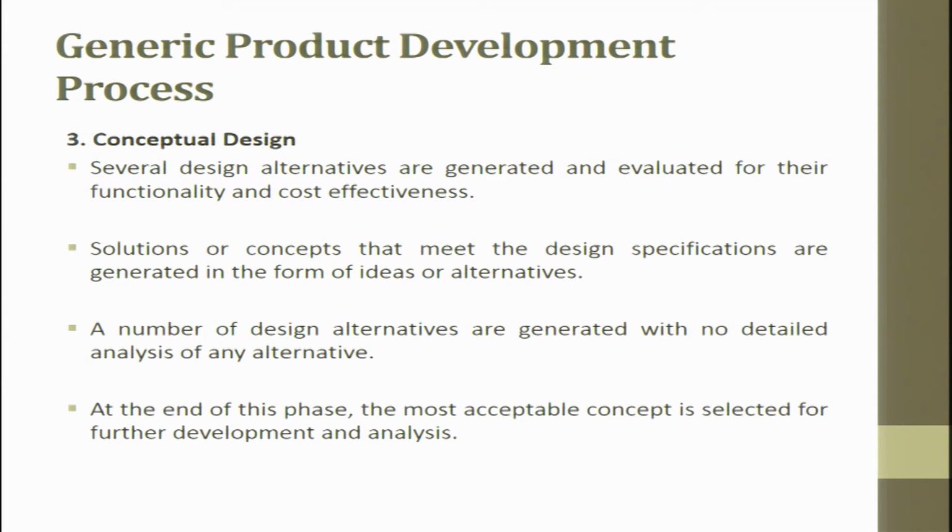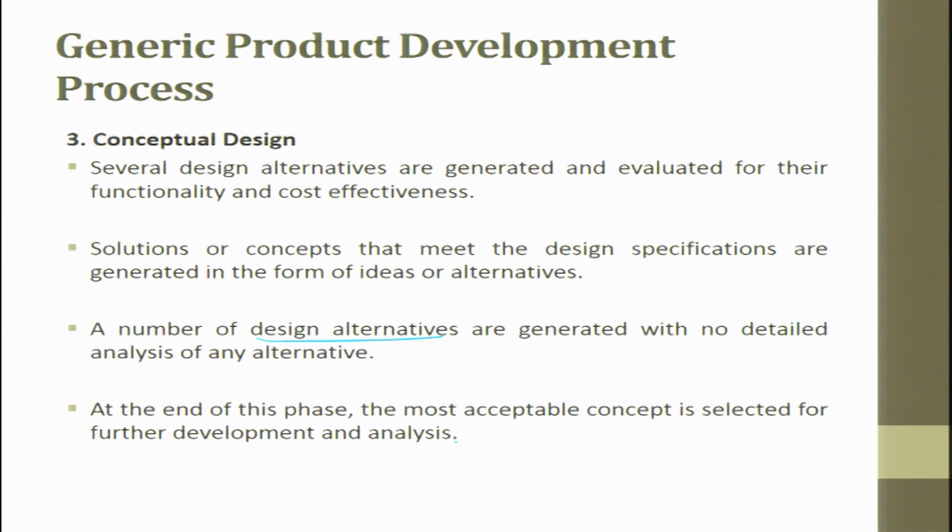The solutions and concepts that meet the design specifications are generated in the form of ideas and or alternatives. A number of design alternatives are generated with no detailed analysis of an alternative. So, we do not talk about dimensions, we do not talk about the material, we just only talk about concepts, form, and whatever are the functions, how they are to be done. At the end of this phase, the most acceptable concept is selected for further development and analysis. So, here we put all the functionality also, it is not the shape and size alone, and then we try to choose, okay, this design is okay, we start choosing it,